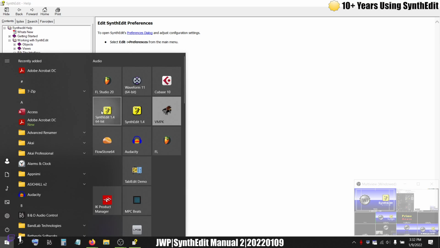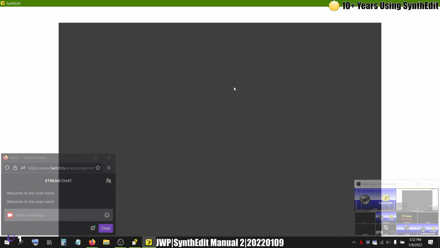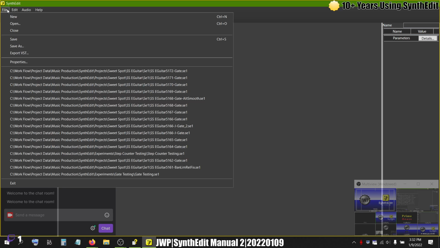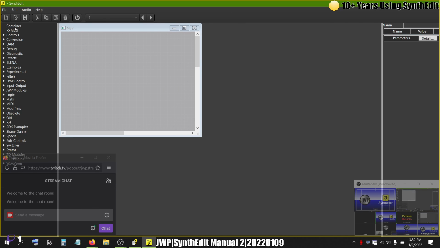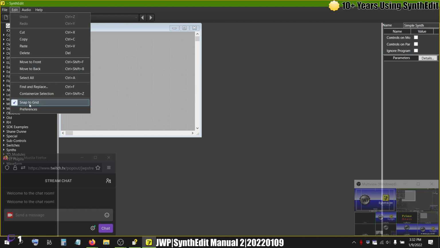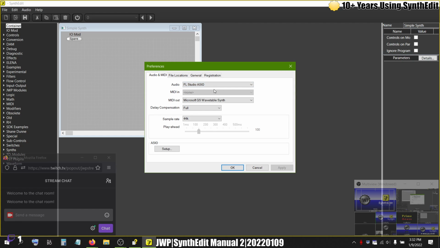Okay, so let's get back into SynthEdit. And I lost my awesome synth project, so I'm just going to recover that very quick. And this was called Simple Synth. I don't know. I'll call it Simple Synth. I'll jump right back in there. See, that's what I said. If you use FL Studio ASIO, because it allows you to